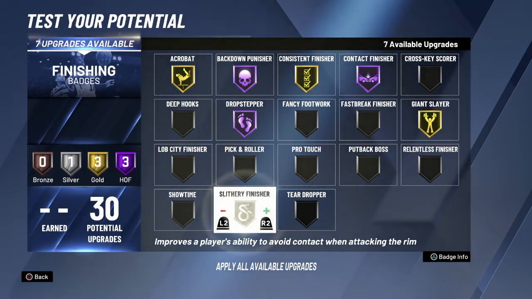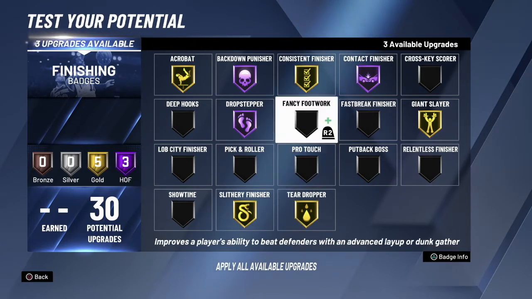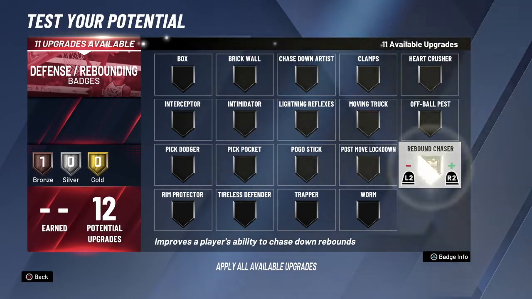And then I have Slithery Finisher on gold as well, and I have Teardropper on gold. I know people are like, why does a big man have Teardropper? But last year I had it on gold for my athletic finisher, and also it really just helps, if you've got a dude who's on takeover under the rim, I throw that teardropper up and he ain't blocking it, you hear me? And then I have Fancy Footwork on gold. And then for my defensive, I have Rebound Chaser,